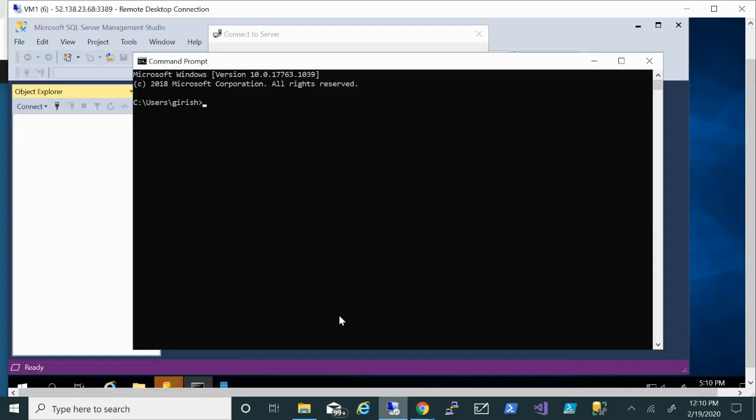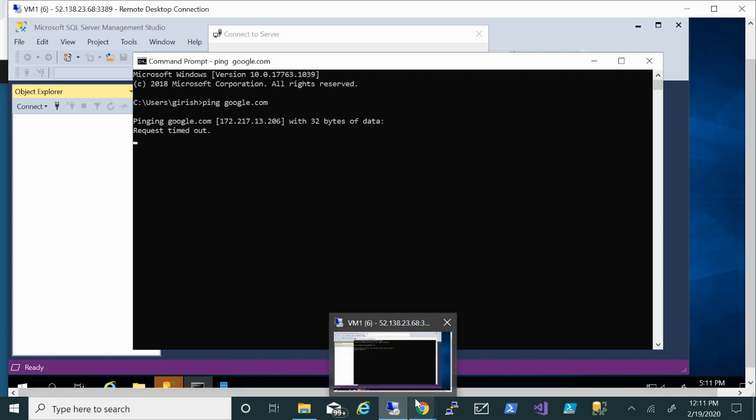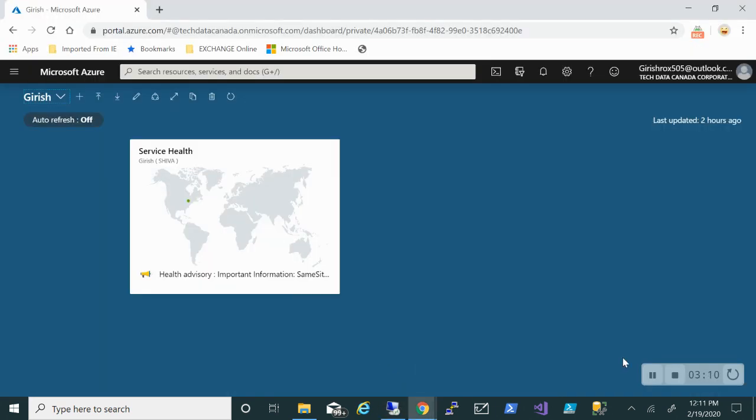I'm going to go to my machine. So this is the machine I have, and I don't have any internet on this machine. So just want to show you. See that I'm not able to reach the website. So there is no internet on this. So with that configured,